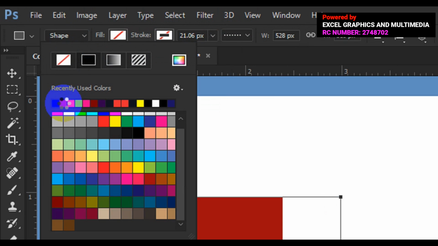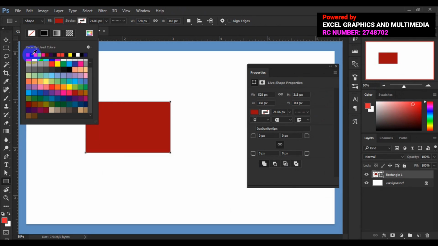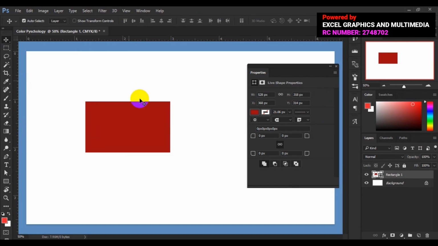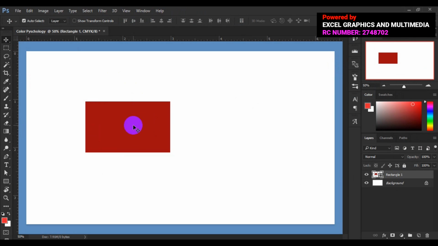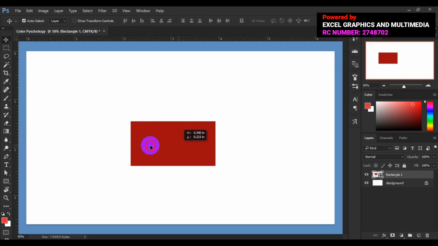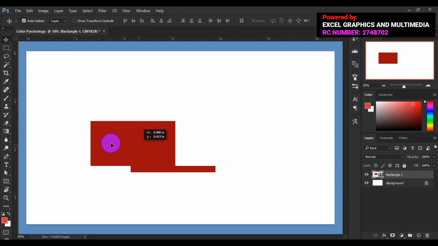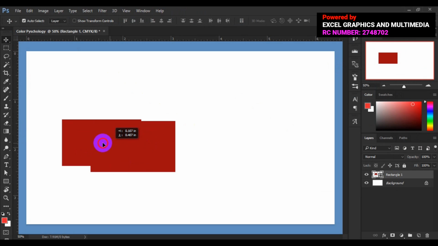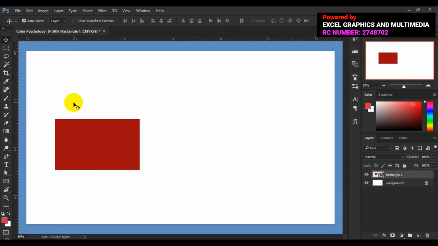Okay, so let's quickly move to another segment of our color psychology in CorelDRAW. Now we know how we can get different types of color in Adobe Photoshop. So let me quickly delete this. Now let me drag this to the center. Okay, so one of the ways by which you can get more color in Adobe Photoshop CC is that you